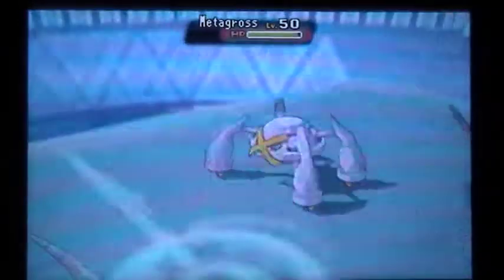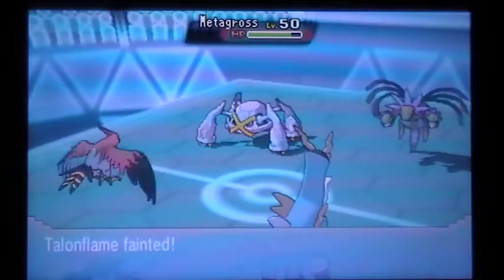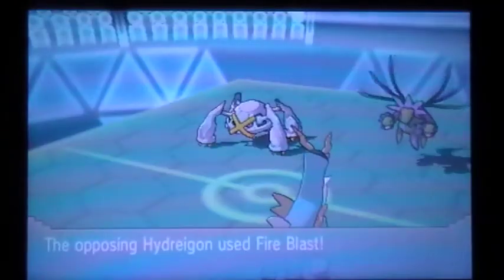So I basically figured I can just Brave Bird that spot and then Close Combat. And I figured as long as he's not Scarfed, I should have this locked up. However, it turns out he is Scarfed, so there's really nothing I can do to stop this Fire Blast from